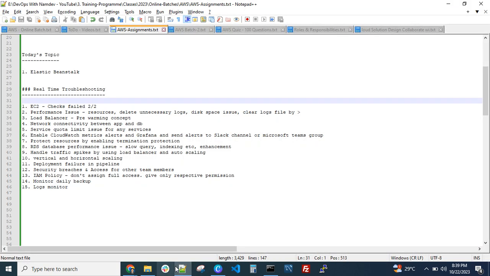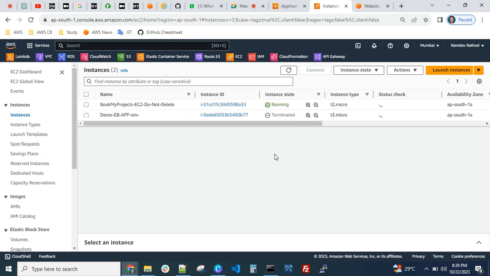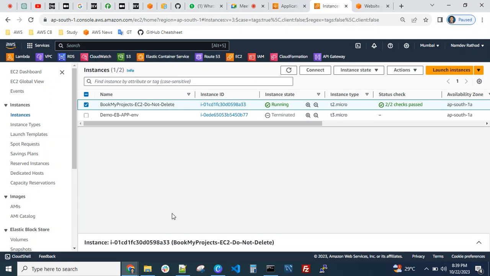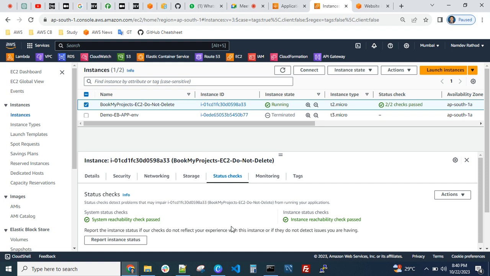Okay, so in this case, this is not a configuration fault, right? No, this is not a configuration fault. And if you select the EC2 instance, let me open it, and go to this status check, you will see which one failed. In that situation, these are the two solutions they have suggested: either stop and start, or just